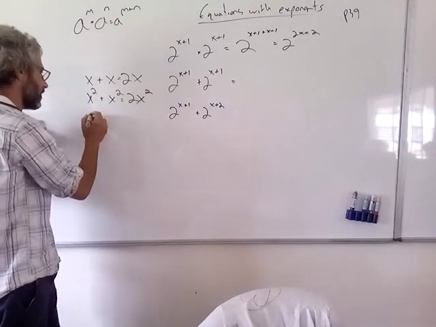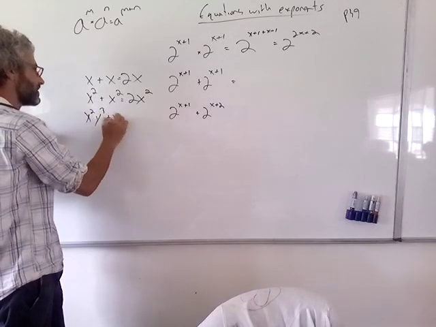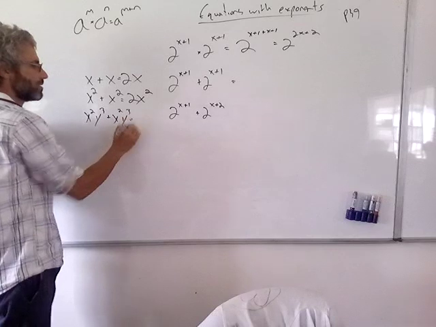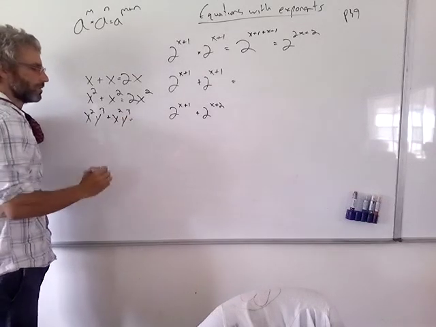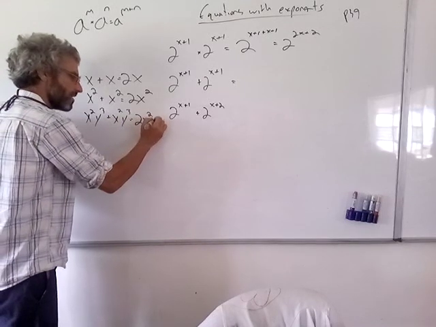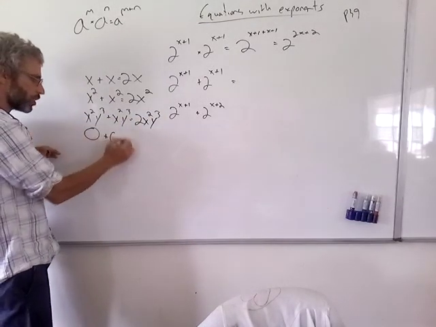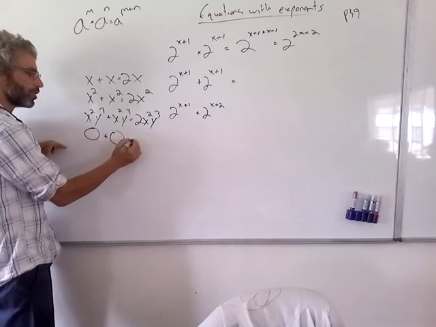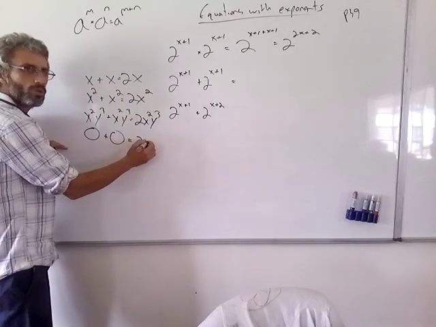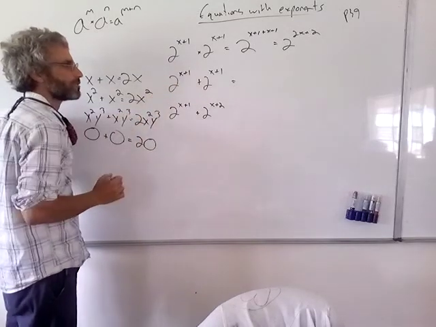Let's give you something else. x squared y cubed plus x squared y cubed. How much is it? 2x squared y cubed. And whatever, if I have a circle plus a circle, they're all the same. What is a circle plus a circle? Two circles. So now I've got this thing, 2 to the power of x plus 1 plus 2